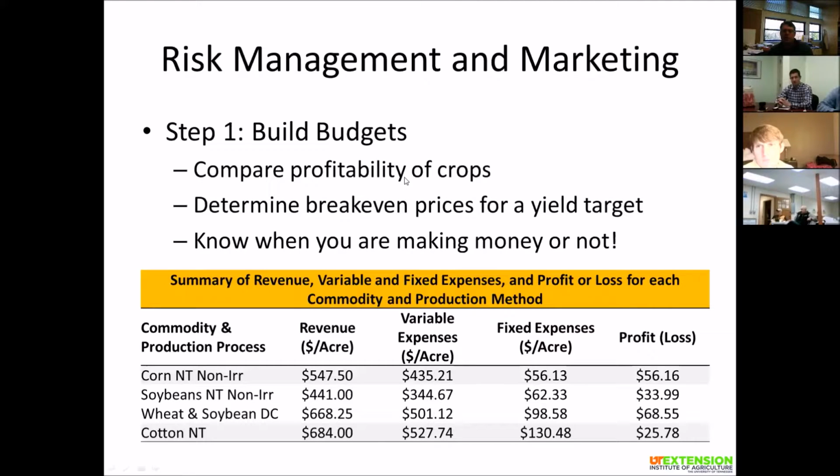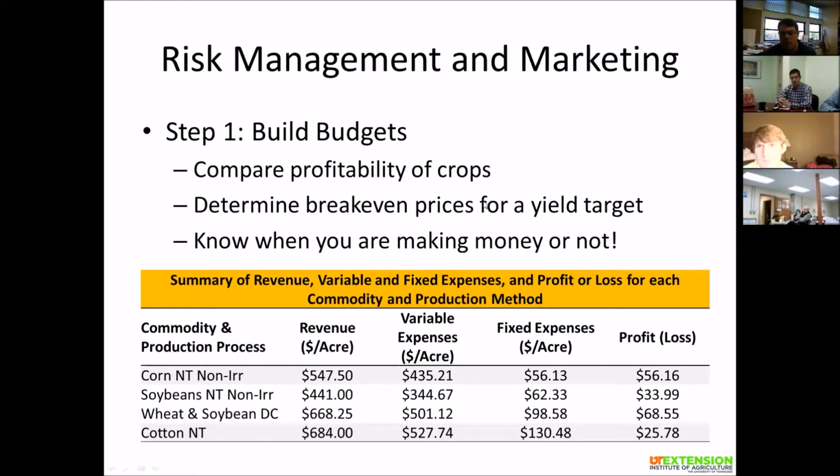So if you look at the first step, building budgets, we need to know where we're making money and when we're not. There are a couple of things you can do when you build the budget. You can compare profitability of crops, to see which ones are going to be more profitable on the farms you are producing on, and then also determine those break-even prices for a target yield. And that essentially boils down to when you're making money or you're not, and at what yield and price scenarios